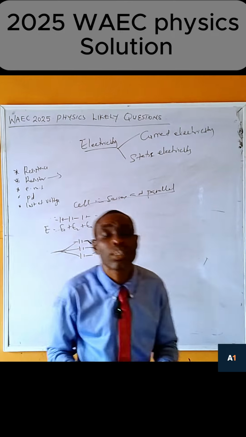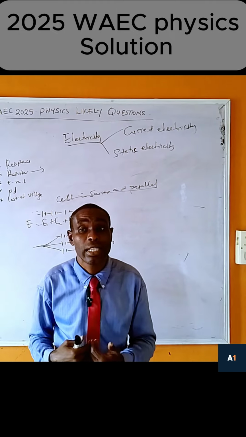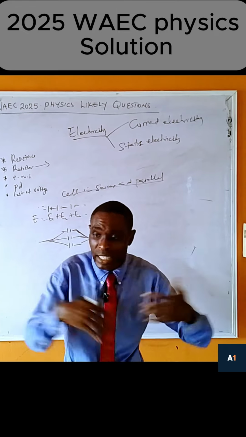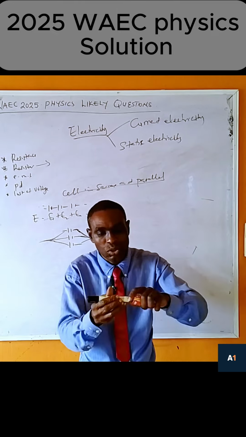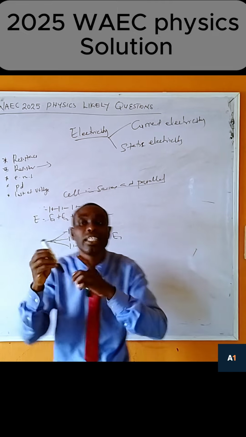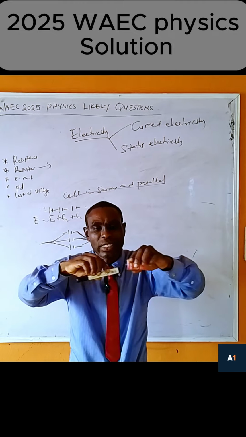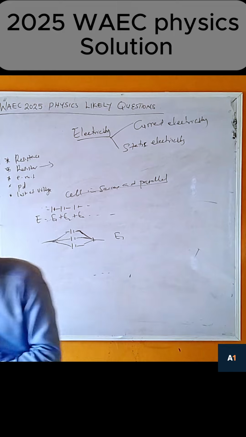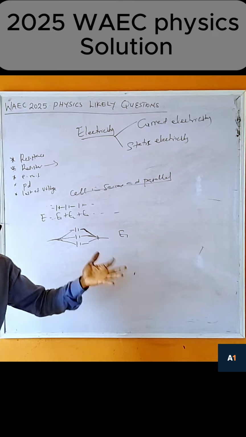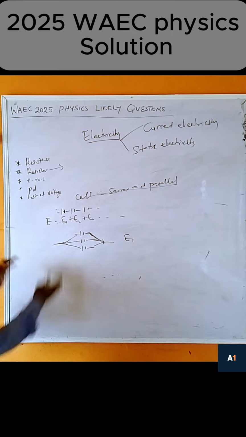A cell is said to be connected in series when their corresponding ends are joined together. If they ask you the definition, a cell is said to be connected in series when their corresponding ends are joined together, meaning that this end is joined to this one. But if you connect it side by side, then it is in parallel. That is, the wire here you connect to this, the wire here you connect to that. So a cell is said to be connected in parallel when the cells are connected side by side and their corresponding ends are joined together side by side like this.